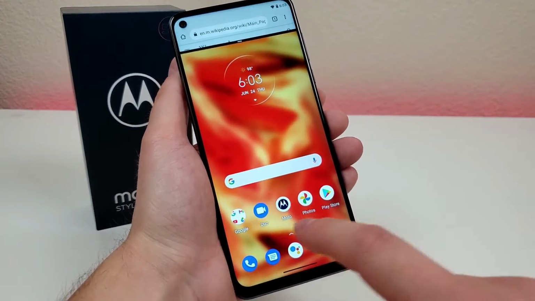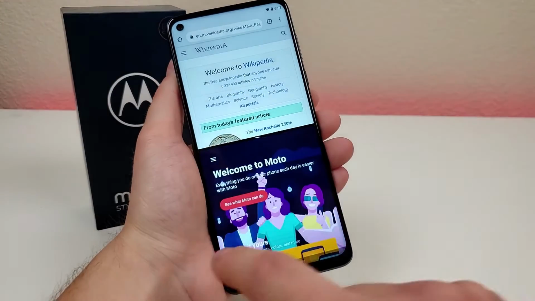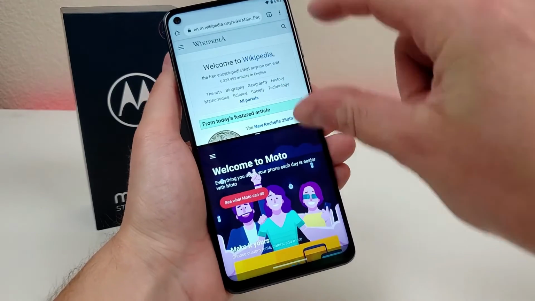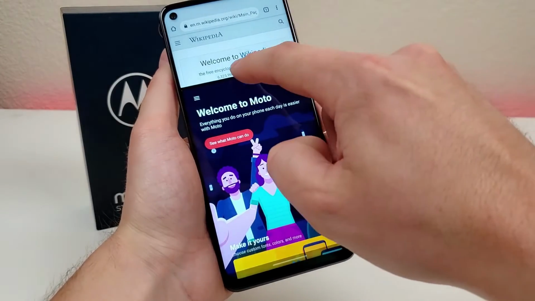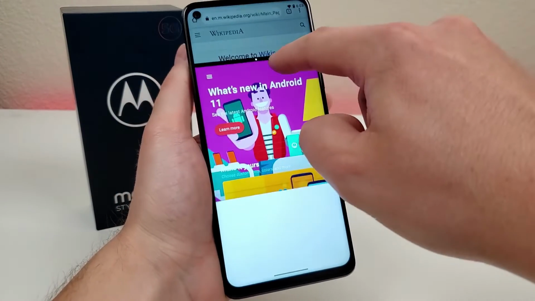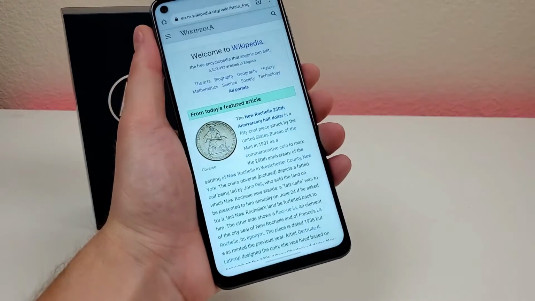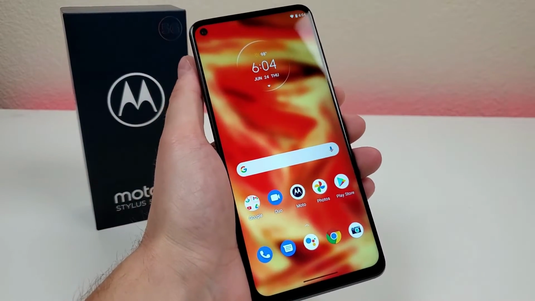Then from here, I can now choose another application. We'll go with that one. And you can see now it has the web page up top and then the Motorola app on the bottom. So I can then further adjust this if I want to, or if I want to go back to full screen for either of these apps, I can pull the bar in the middle either direction. So that's kind of interesting and could come in handy if you do find yourself wanting to use the split